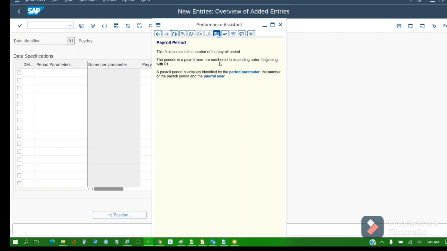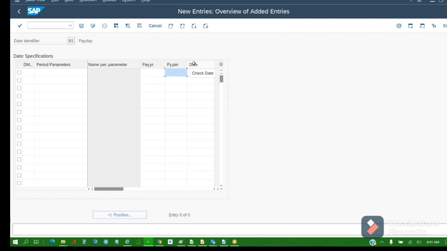Which month, first month or second month? What do you mean by the date? This date? Click on that and press F1.